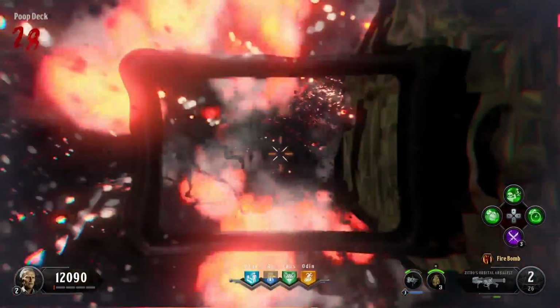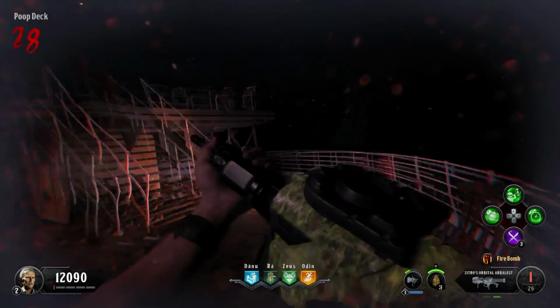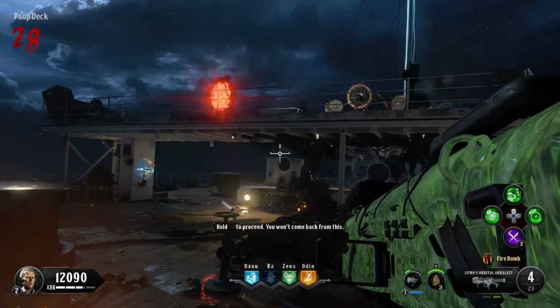But I finished off here with my rocket, and I get the step done, and then the white flash, and I'm good. Stay woke, boys and girls. Don't let this glitch happen to you. If you get the white flash, you're good to go, and then the boss fight ritual will...